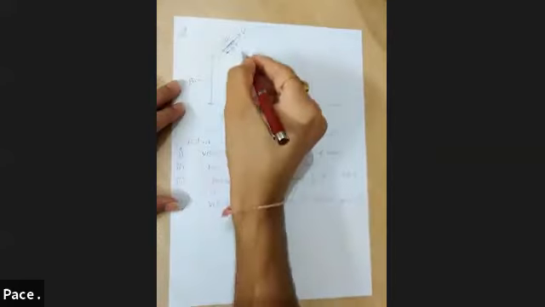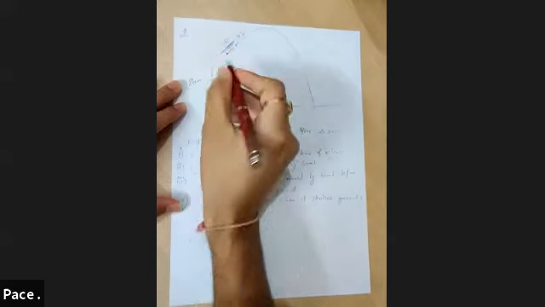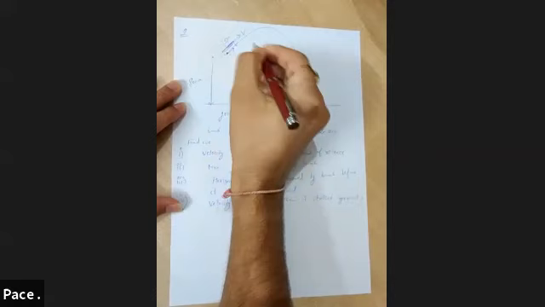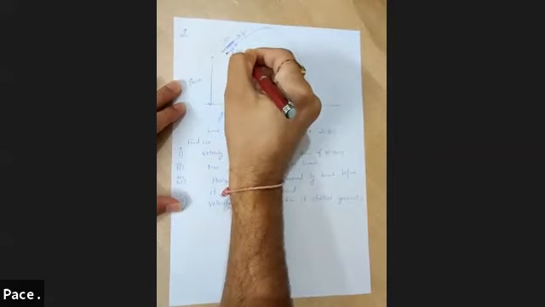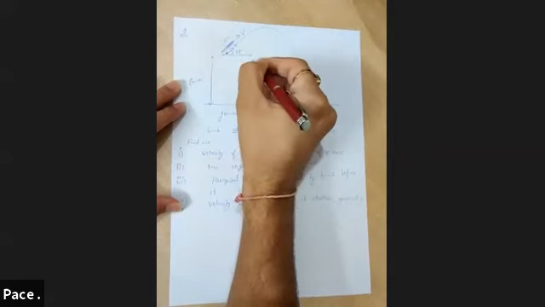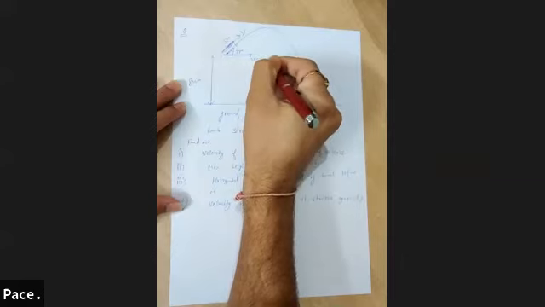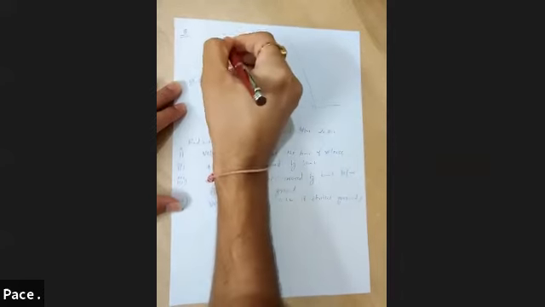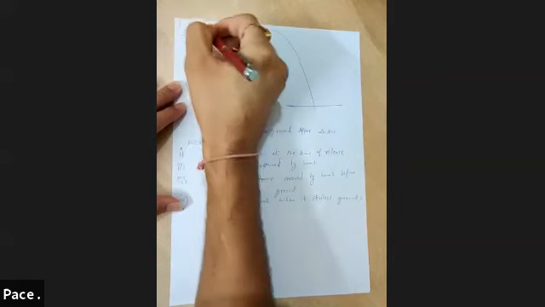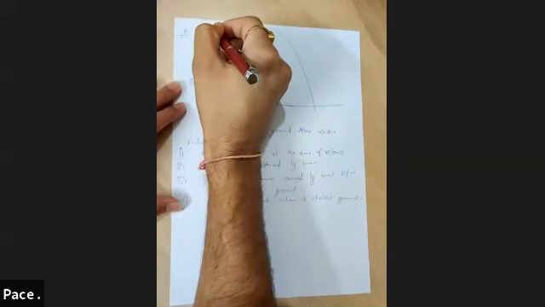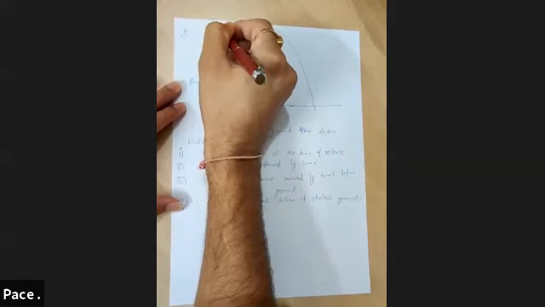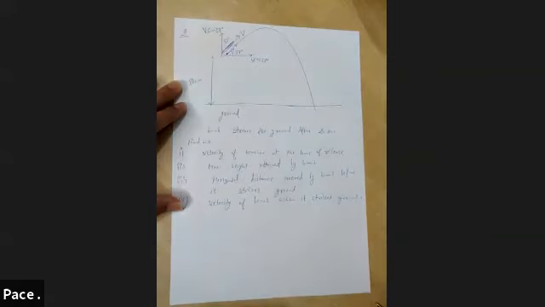So what would be the horizontal and vertical component? If the angle made with vertical is 53°, then definitely the angle made with horizontal would be 37°. So what would be the horizontal component of velocity? It would be v cos 37°. And what would be the vertical velocity of bomb at the time of release? It would be v sin 37°.